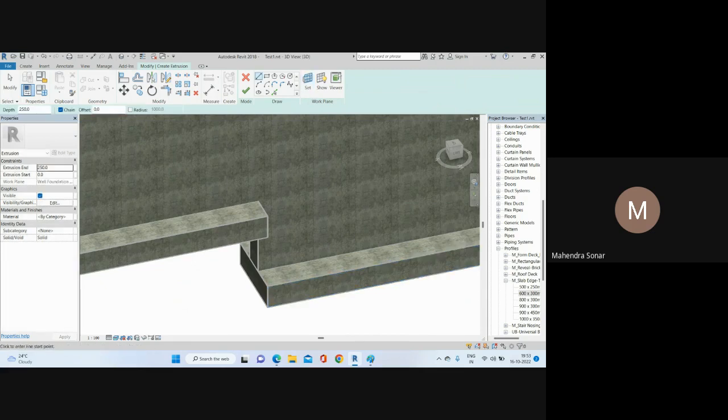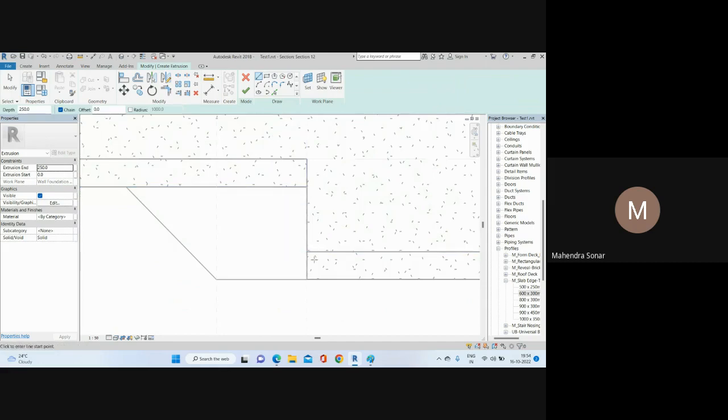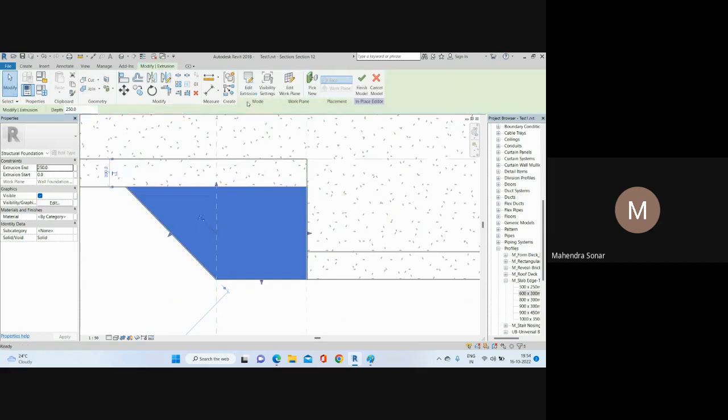Okay, and after that you can create your profile by using these tools. So if you go to the section again, I have given the plane here, I have set this plane, and after that I will jump into section. So in section I can draw this shape. Then you can use this line and just draw the shape here. So you can see the magenta color. Okay, and close. So I have created this shape, and if I click here complete, right,